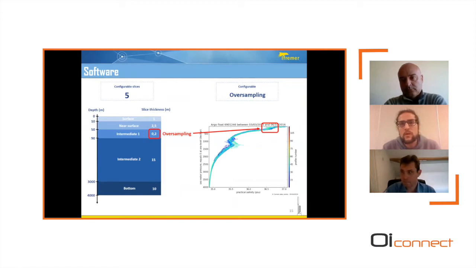So yes, the profiling floats, you can reconfigure them once they are at sea by remote control. This configuration is for the first profiles, but it will be changed over the life of the float. So we will be able to adjust what kind of profile we want. And that can be done as soon as they surface again. Before starting a new cycle, you will have new parameters or not, and these parameters will be taken by the float, and then the float will start a new cycle.